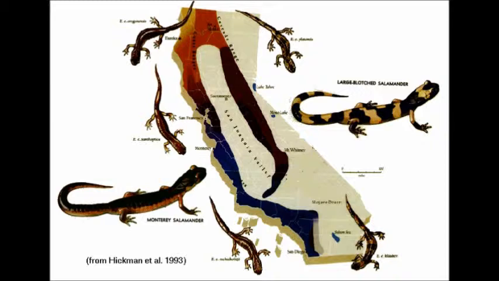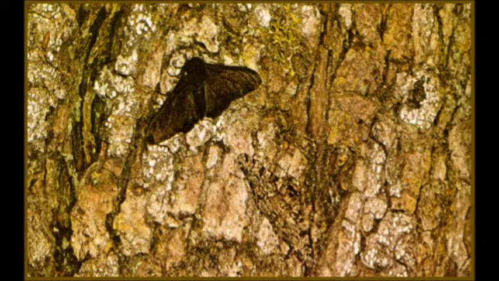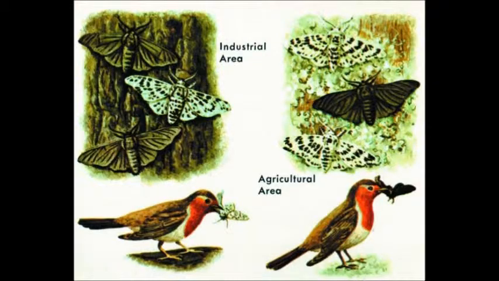The classic example is peppered moths in England, where prior to the Industrial Revolution, there was a lot of gray lichen on the trees. The peppered moths were naturally, some grayish in color and some black in color. The black ones stood out from the lichen. The black ones got eaten by birds more frequently. So within the species of peppered moths, there were few black ones and lots of gray ones because the grays